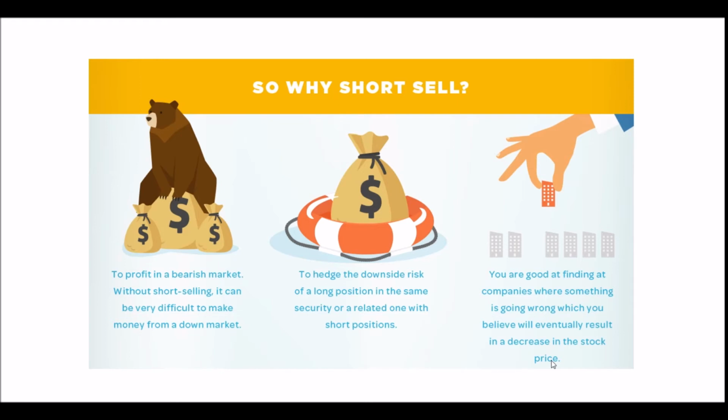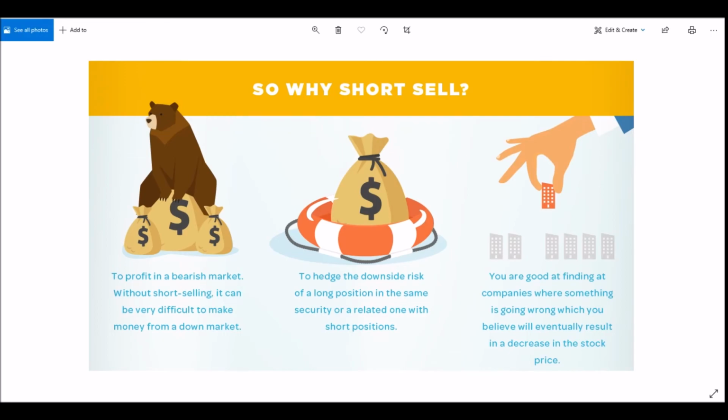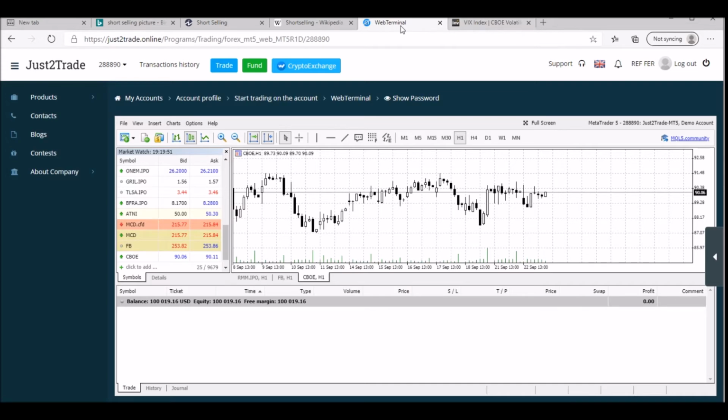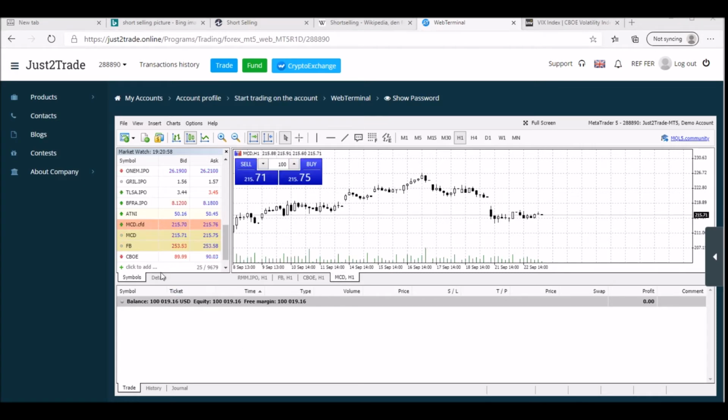So let's just visit the trading platform and see how it works. Yeah, so this is a demo platform. We have our balance here, as you can see. We are going to short sell some stocks and see it for ourselves. All right, okay guys, so we are going to short sell some SBOE Holdings. Then we see how it works.